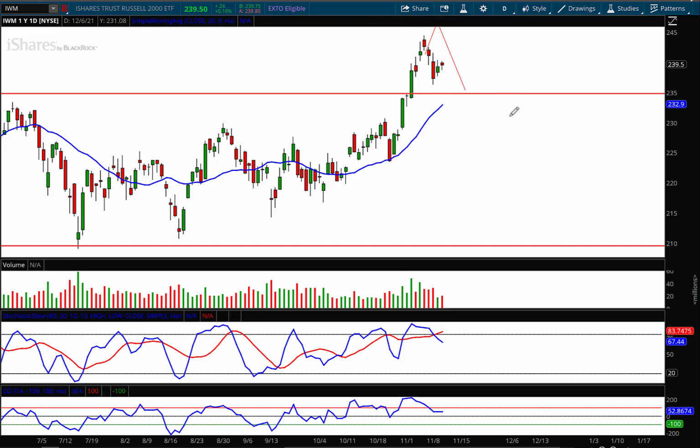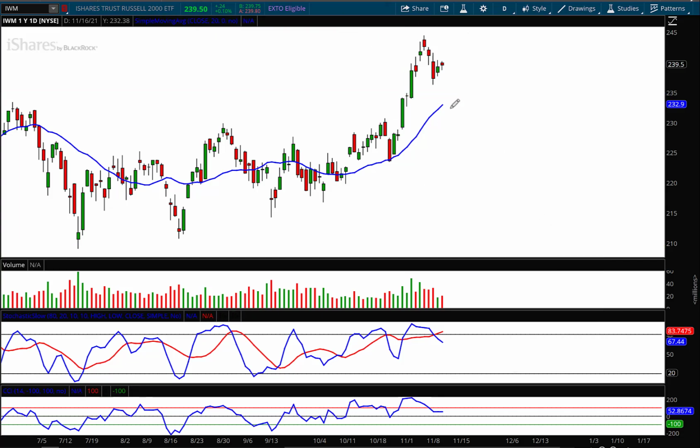Now, what does that mean for next week? Well, we have to dig in a little bit further, because if you look down at this little bar right there, that's an increase in volume, and that's on the red candle right there with the oscillators going lower. I think we have a little bit more room to go on the downside here before the moving average comes up and acts as a support itself. That moving average will often act as support, as you can see right here. So we'll have to see whether or not that happens. My downside forecast for IWM is